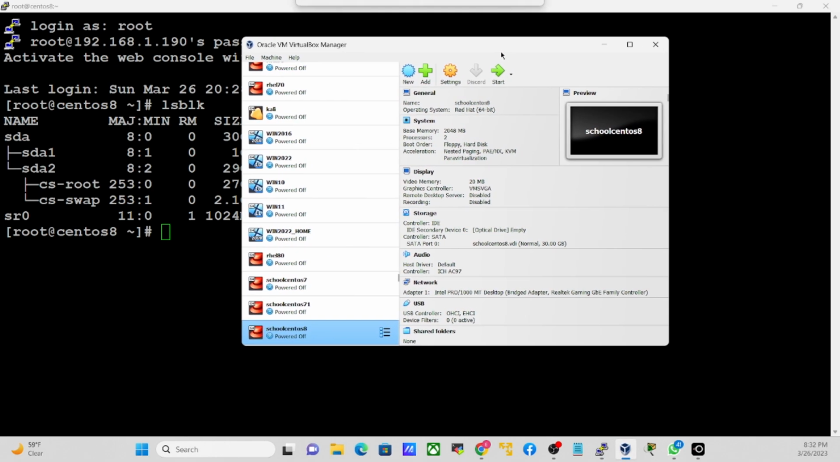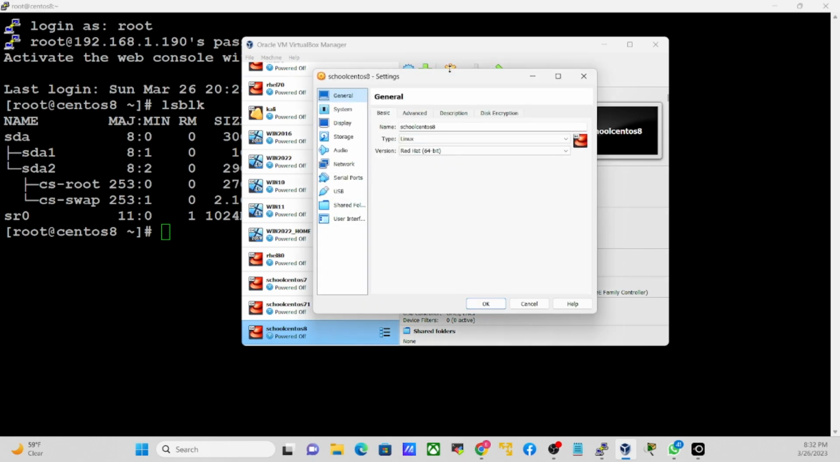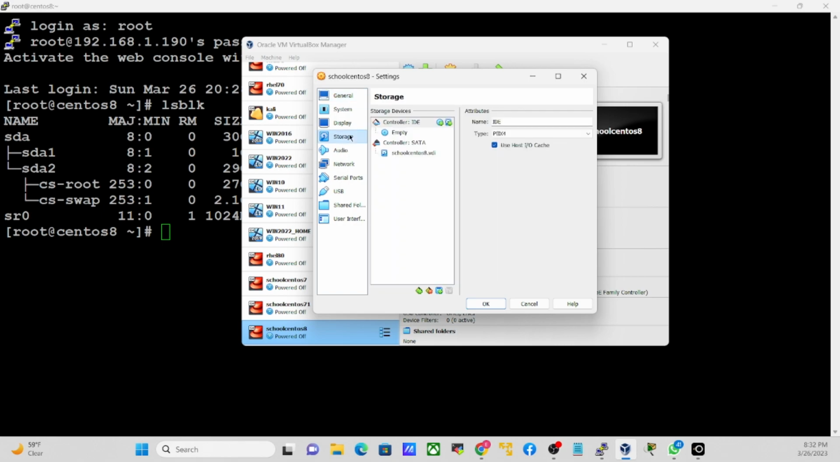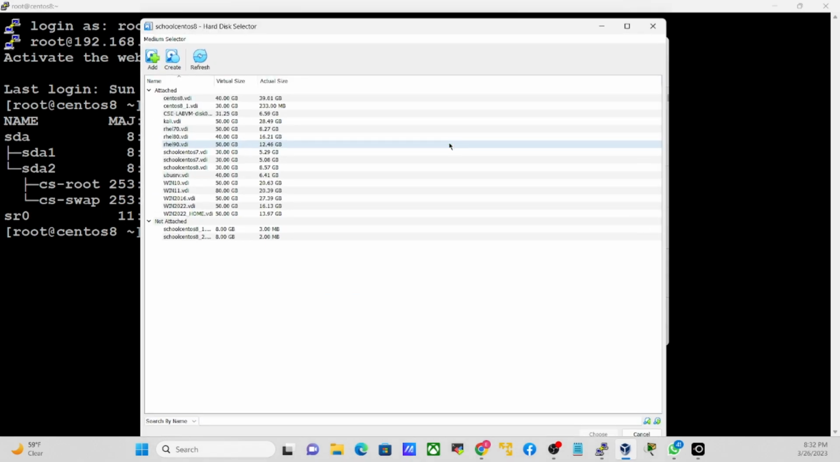So this is my VirtualBox. I have my server highlighted, School CentOS 8, and I'm just gonna click on settings. I want to add a hard drive, so I need to go to storage, and we are using the SATA controller. We want to add a SATA drive, so I will click on add hard drive. The other option is to add an optical drive. We don't want that, we want a hard drive, so I will click on that,